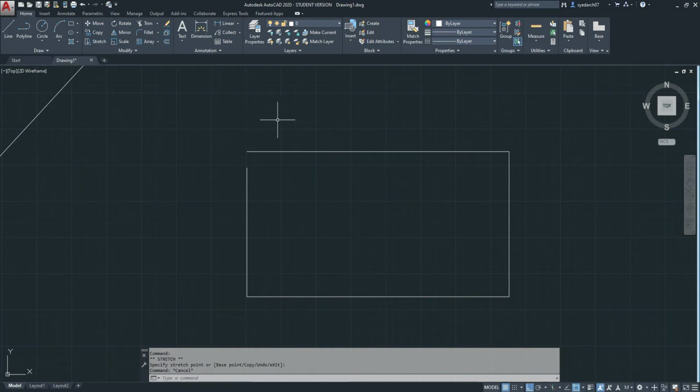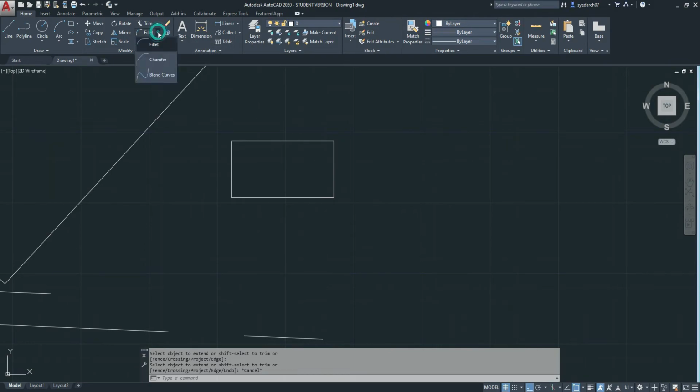Now you can notice we have a gap here, and if I want to extend this line and connect with this line, I can select extend by clicking here or using the shortcut EX and press enter. Now select the objects and press enter once again. Then place your cursor on the line that you want to extend and click once again. That's it, the edges are connected.